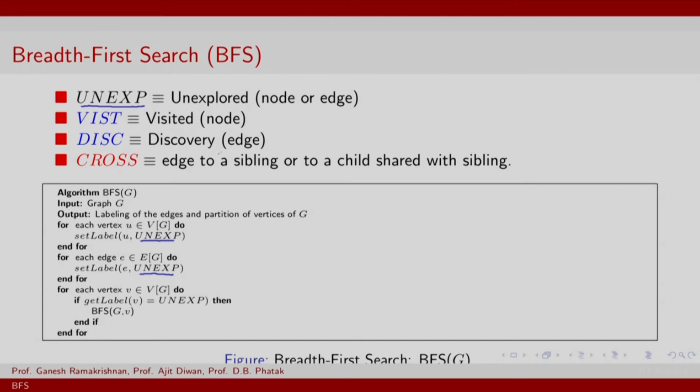So only after coming back from this call of BFS, when we look at another vertex and check for it being explored or unexplored and find that it is actually unexplored, would we explore that again. So the principal idea here is that